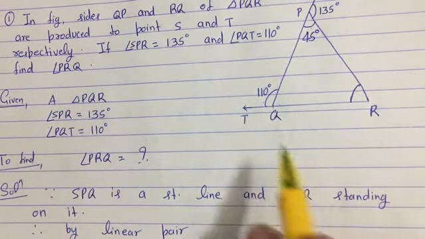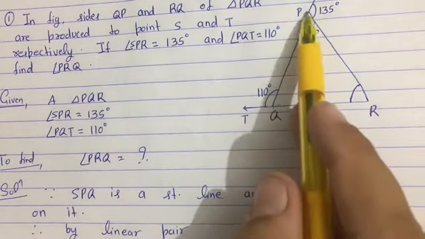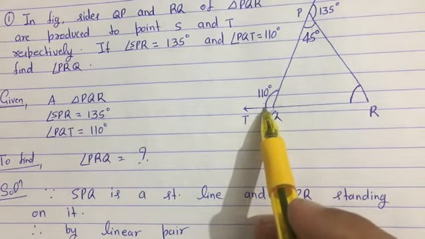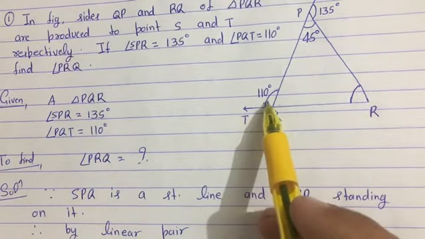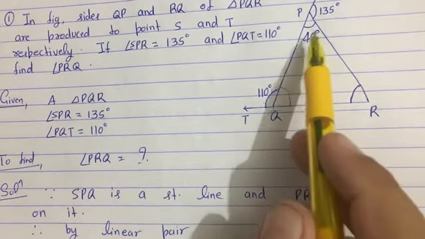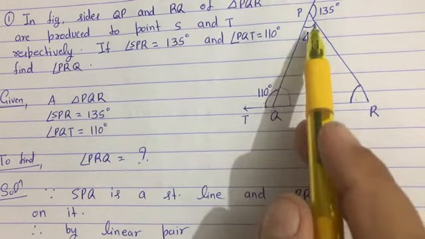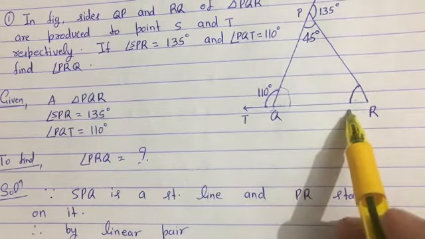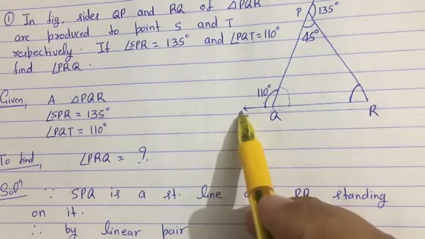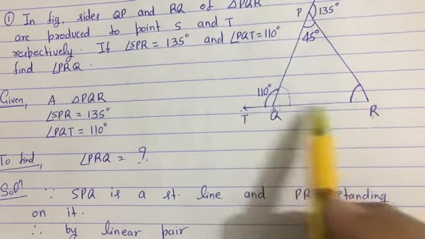Now if we apply the exterior angle property for triangle PQR, this is the exterior angle, and this exterior angle is equal to the sum of the interior opposite angles. और अगर हम यहाँ पे देखें तो 110 के इंटीरियर में ये एंगल है और इसके अपोजिट में दिस एंगल एंड दिस एंगल, मीन्स 110 इज इक्वल्स टू दिस एंगल प्लस दिस एंगल. ओके, what is the name of this angle? Angle PQT is equal to angle QPR, this one, and angle PRQ, this one.